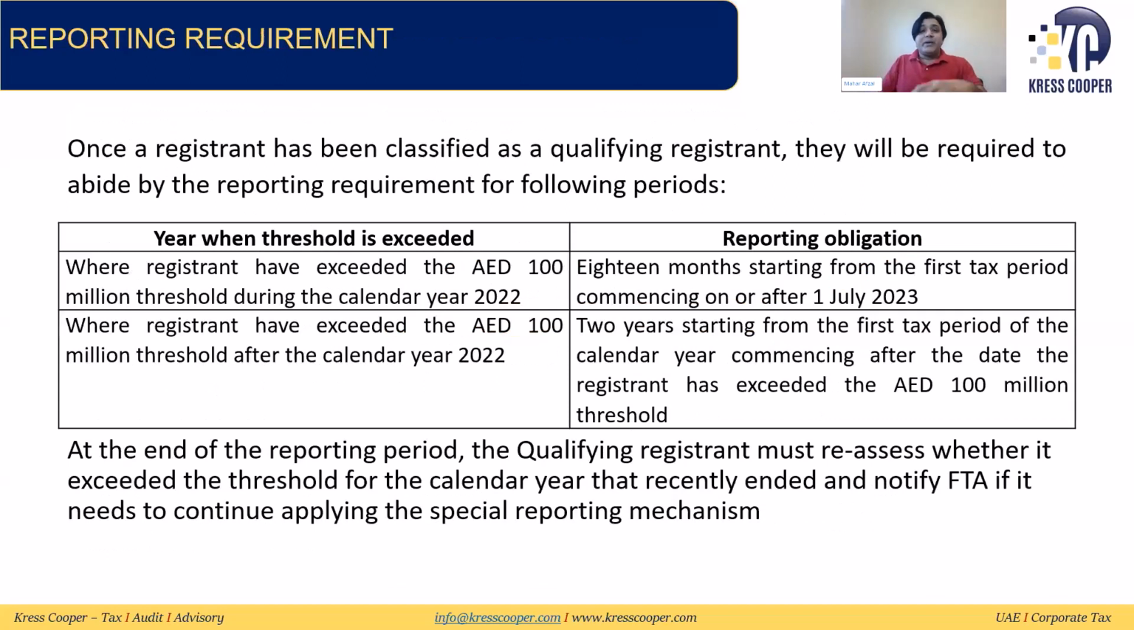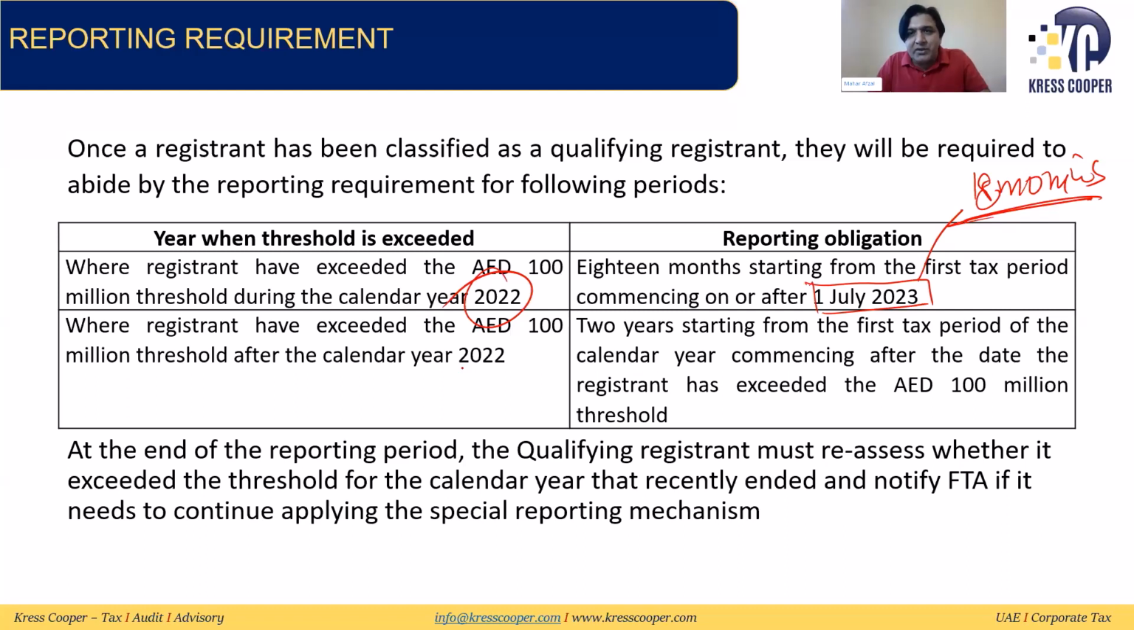These are the reporting requirements. So basically, when registrants have exceeded the 100 million during the calendar year 2022, their reporting will start from the tax period starting on or after 1st July 2023, and it will continue for 18 months. For 18 months, they will keep reporting this. And if their threshold has been exceeded after 2022, might be in 2023, might be 2024, 2025, 2026, in any calendar year in the future,